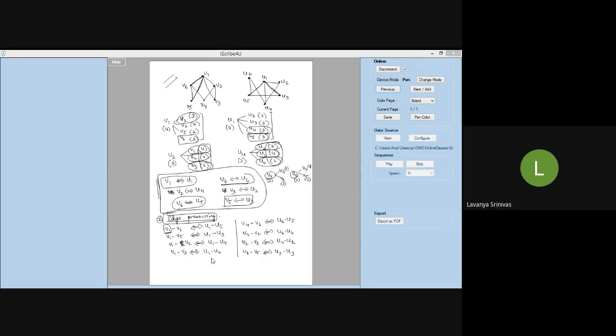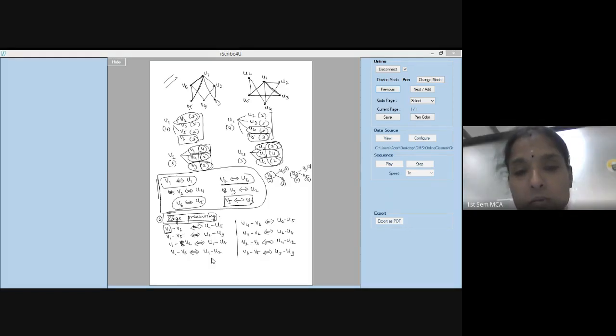Is it clear? Yeah. So when you get to know that mistake, you can go back to your vertex preserving and try to change. I said no, you can either take U2 or U6. So which is a conclusion for you that you cannot take. You have to take the other one only. Are you getting me?